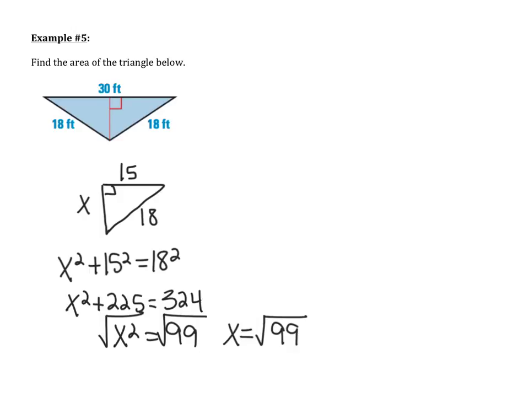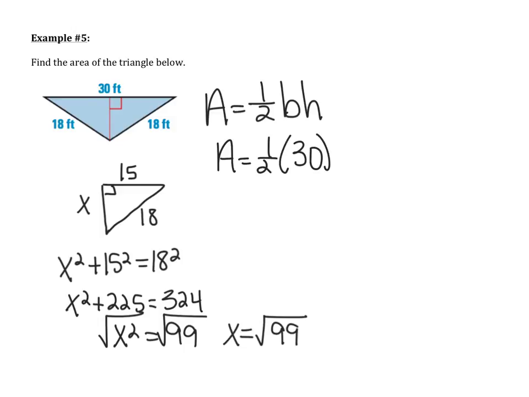So back up at the top here, I know that the area formula for finding the area of a triangle is 1/2 base times height. So again, we did all of this work down here because we needed to find the height. So we would again have A equals 1/2, the base was 30, and the height was the square root of 99. So half of 30 is 15, so I'm just going to punch into my calculator 15 times the square root of 99, and I get